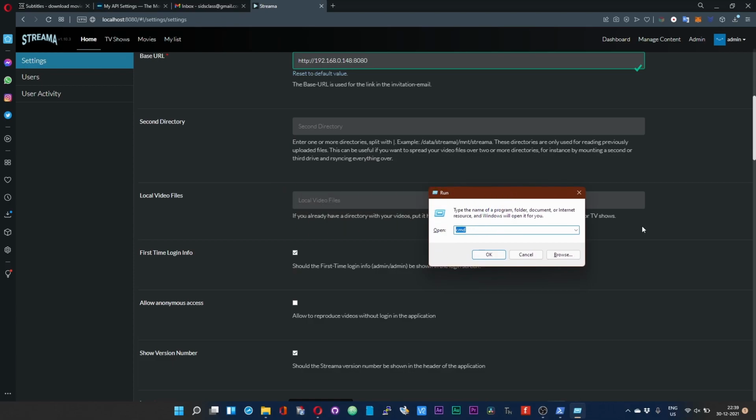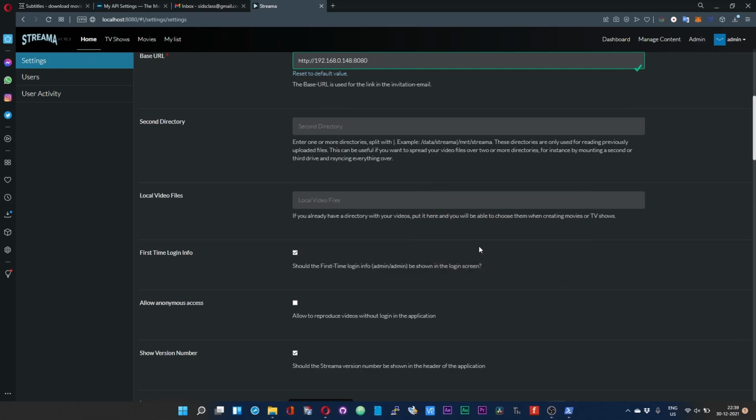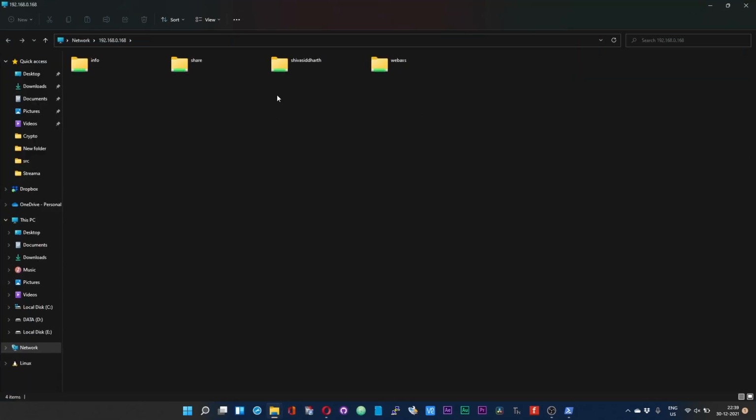In here, the default syntax for accessing your NAS is double backslashes, followed by the IP address of your NAS. Click OK, and I have already given the credentials, so my NAS is getting accessed.